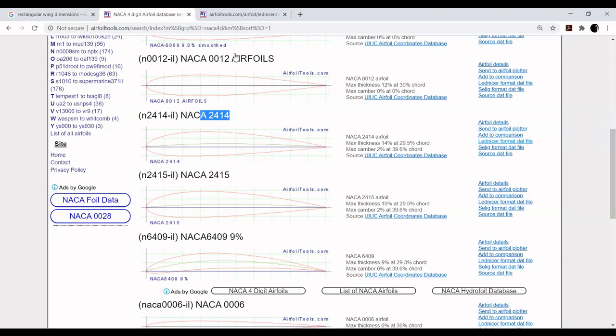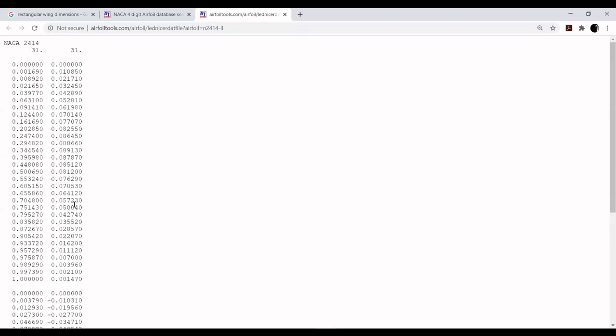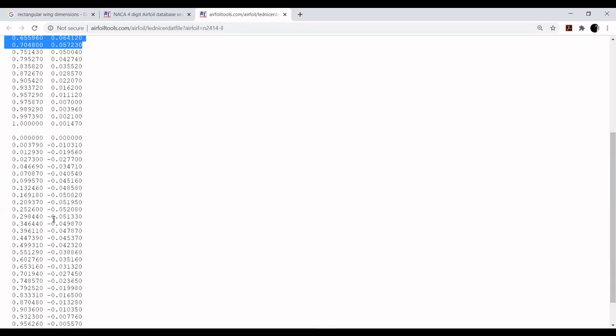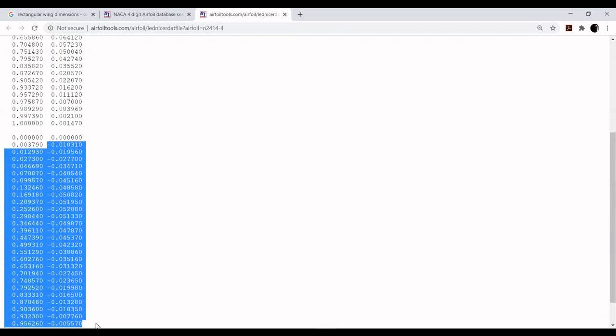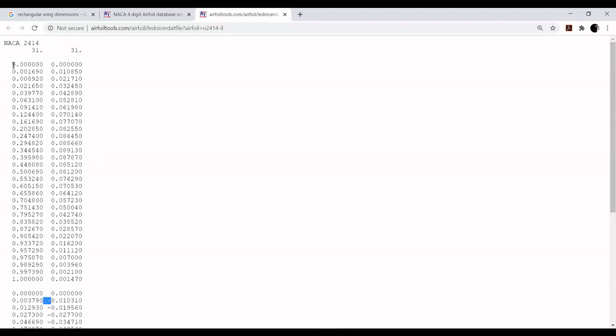But right now, in my case, the aerofoil or the wing that we are going to create will be a non-symmetric aerofoil having a camber, having a difference in the camber on both the surfaces, the upper and the lower surface. So right now I have to copy these coordinates, and this is the upper coordinate, and these are the bottom surface coordinates. So you can see the negative sign indicates that they are the lower surface. So let me just copy this